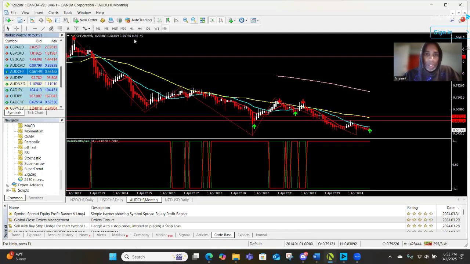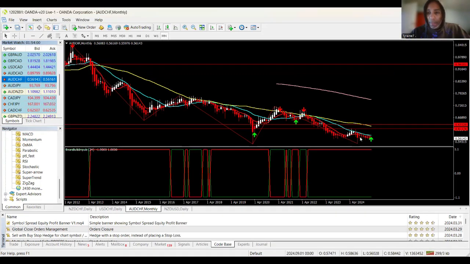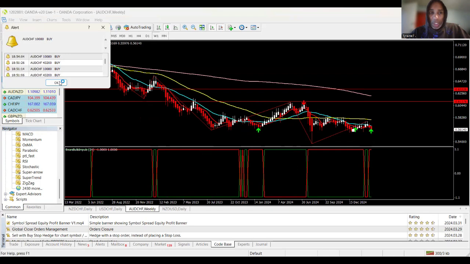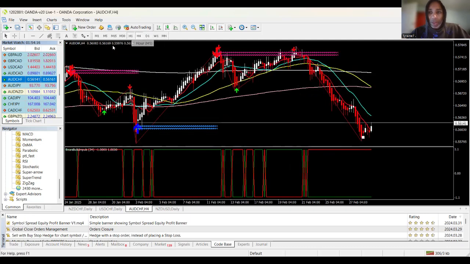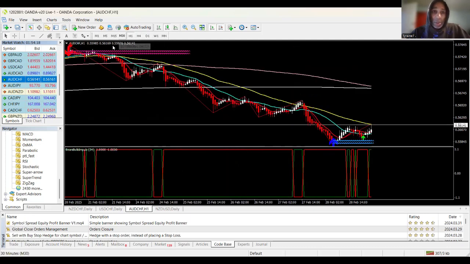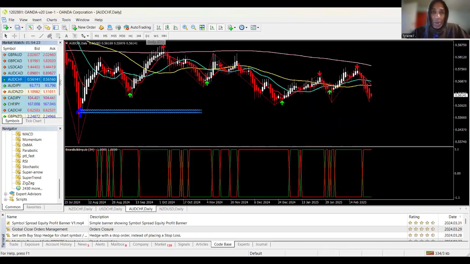Let's go back to our MetaTrader 4. Now again, you got a buy signal on the monthly and a very powerful buy signal on the weekly, so you might even see this move next week. You don't have a buy on the daily; 4 hour reversal, 1 hour. If we go to 15 minute, but again, these are lower time frames. So I'm going to keep an eye on this. This is something I would definitely possibly be looking to get into in the next